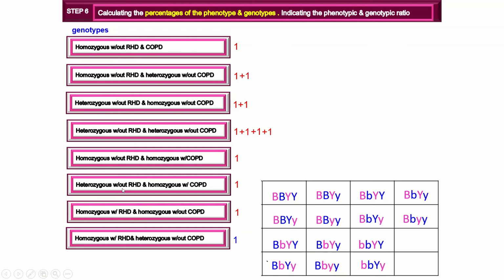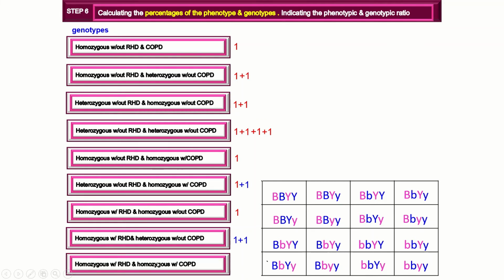So heterozygous. Okay, this one. Next, that's homozygous with RHD and heterozygous without COPD. Okay, so this one. And last is homozygous with RHD and homozygous with COPD. Okay, so here we need a new one, and we have interpreted already the 16 and we have already